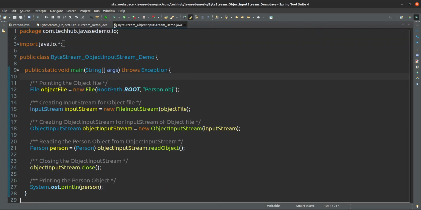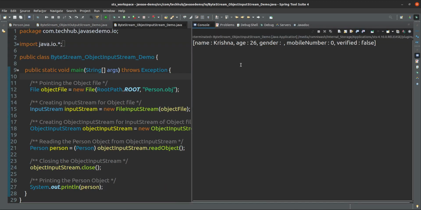Now we are going to deserialize. While doing deserialization, you can see only name and age are serialized. Gender, mobile number, verified, these are not serialized. Why? Because we have customized the serialization. Only the name and age we